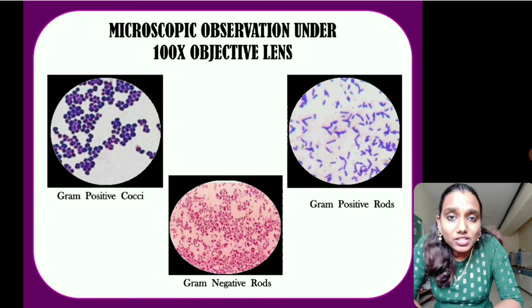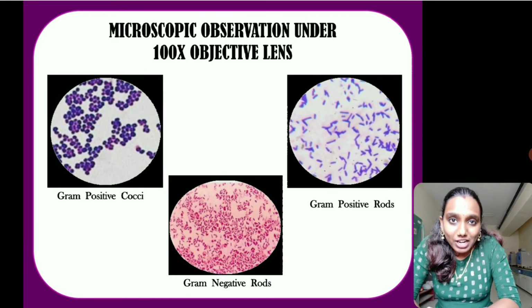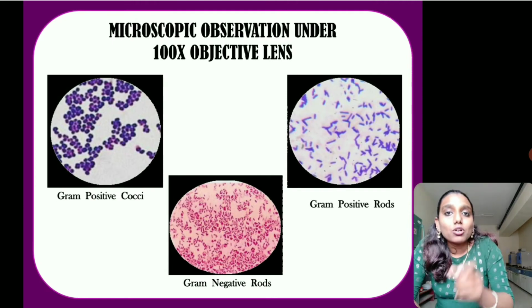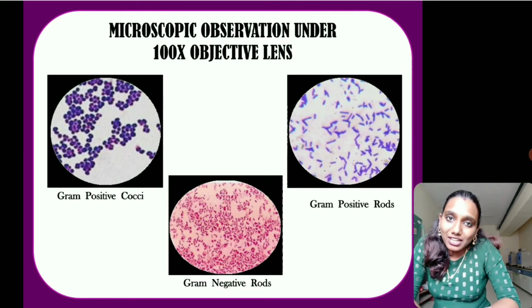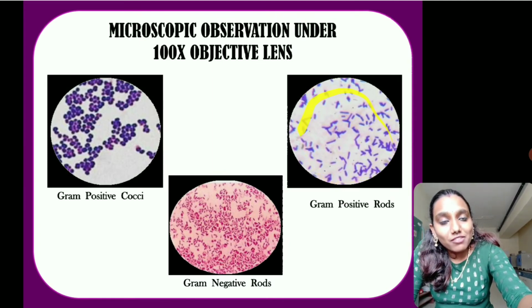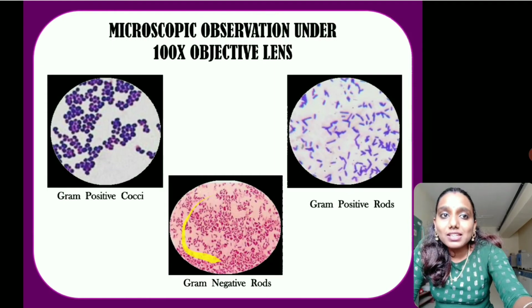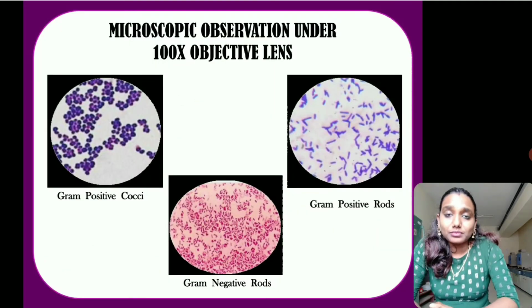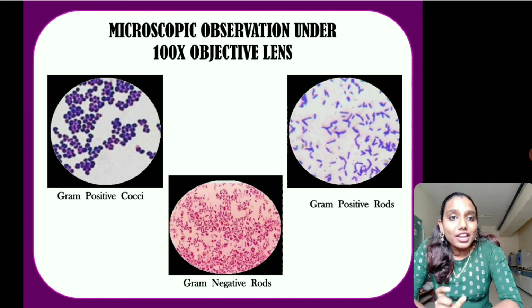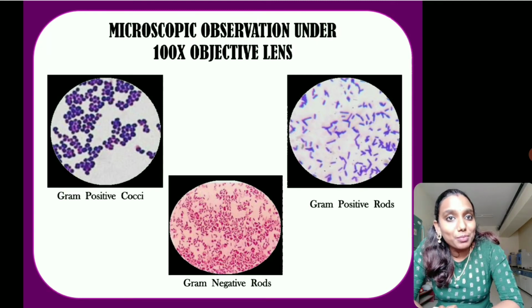The other two images were previously done in our laboratory. So here there is an example of a gram-positive rod, the bacteria which is of rod shape. So they also have a thick peptidoglycan in it. So the gram-positive rod image you can see here. This was done previously in our laboratory, and this is a gram-negative rod. The gram-negative organism, as you can see, they are appearing red in color. The gram-positive organisms are appearing purple in color.